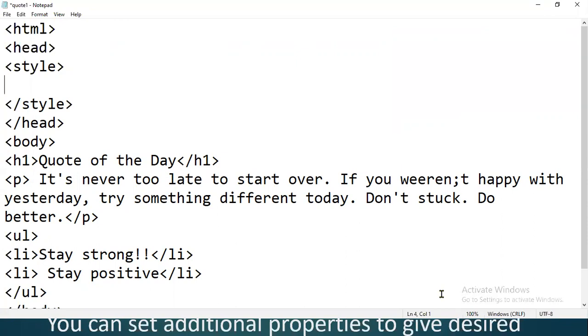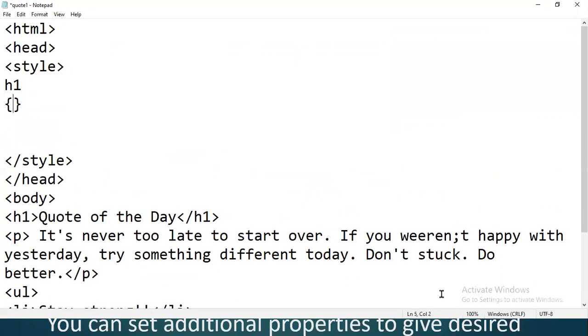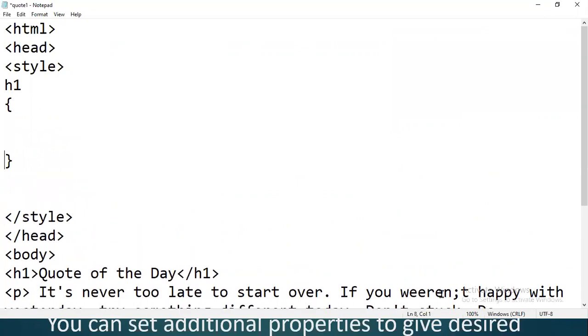For this, we first write the selector name, which is H1. Under this, we define its properties. For center aligning text, we have the text-align property, and we'll use text-align as center.